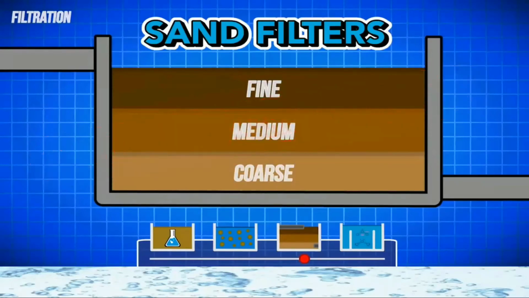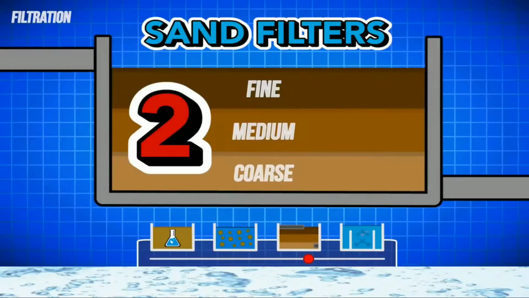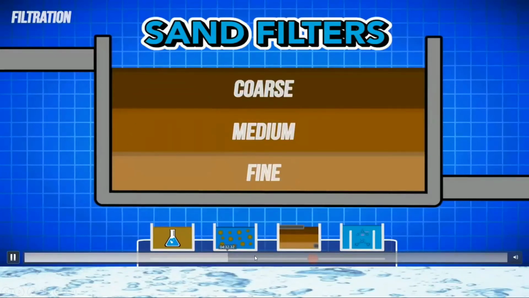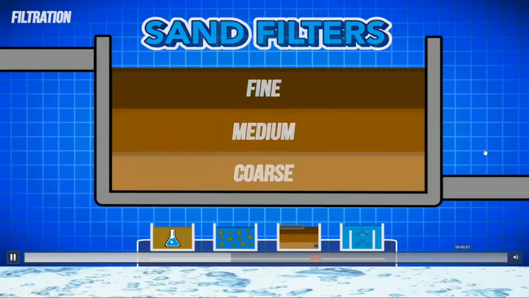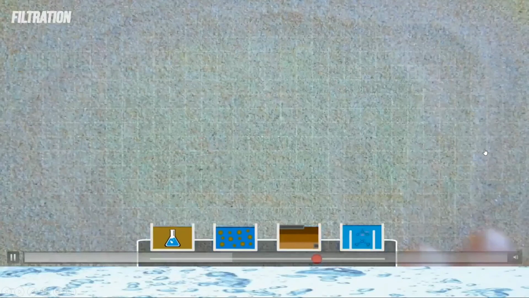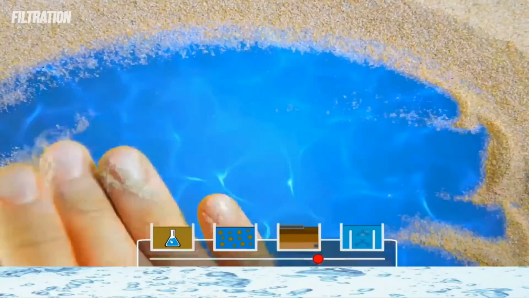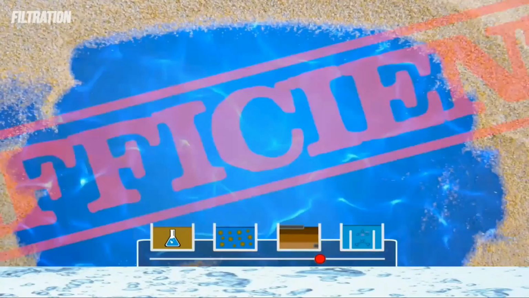These sand filters can be set up in essentially two different ways. Either the water flows from the bottom and exits the top, or the water flows from the top and exits the bottom. Each layout presents its own set of unique problems, but the most common technique is actually for the water to flow from the bottom to the top. Sand filters aren't highly technical. Water just passes through them and particles get caught as they run out of space to flow through. However, while not highly technical, sand filters are highly efficient.